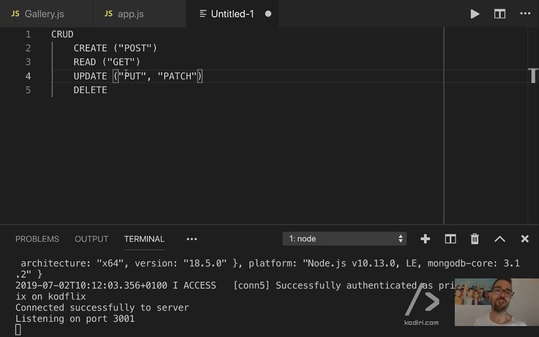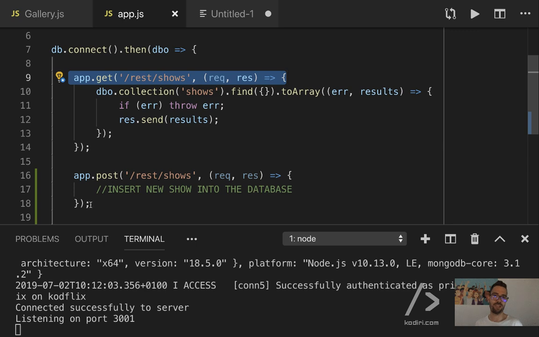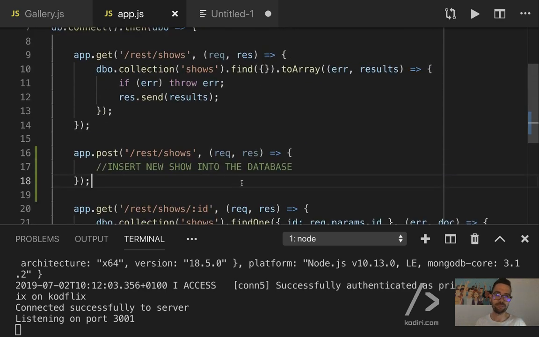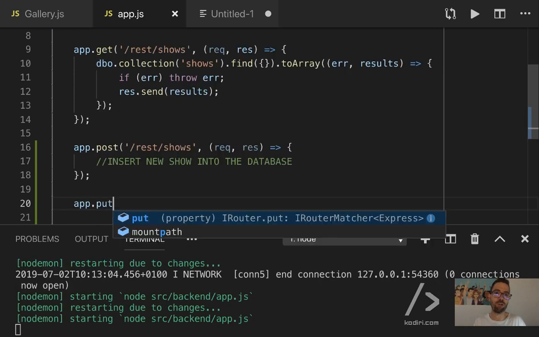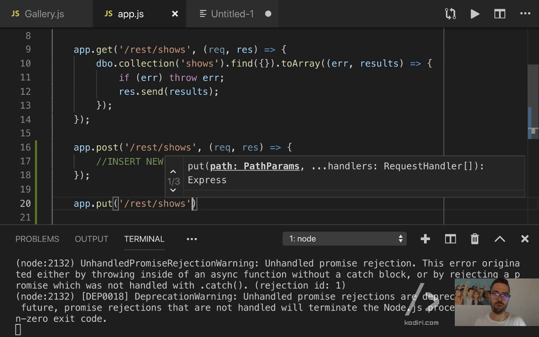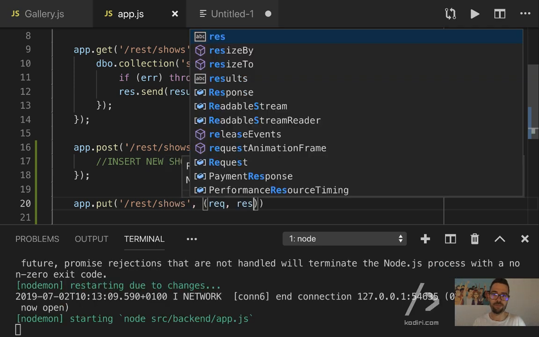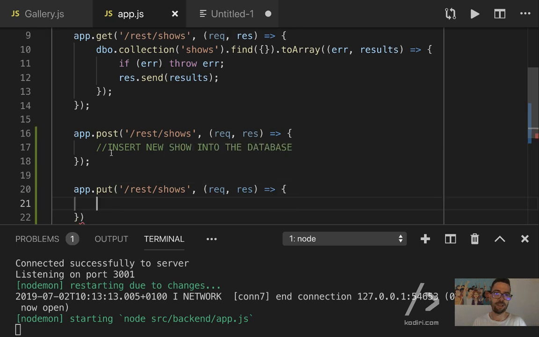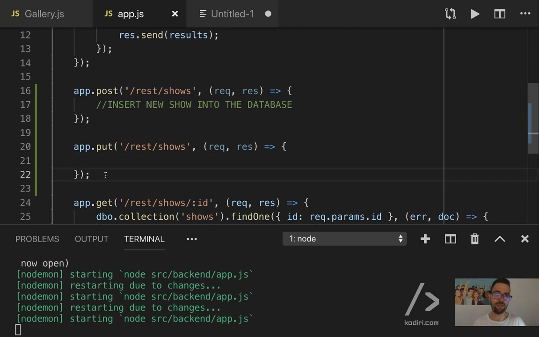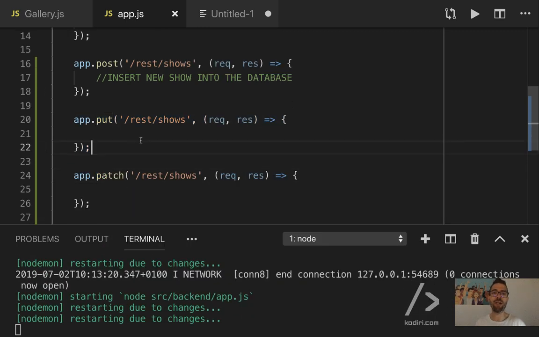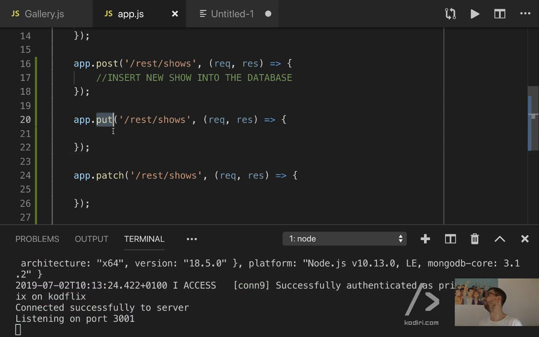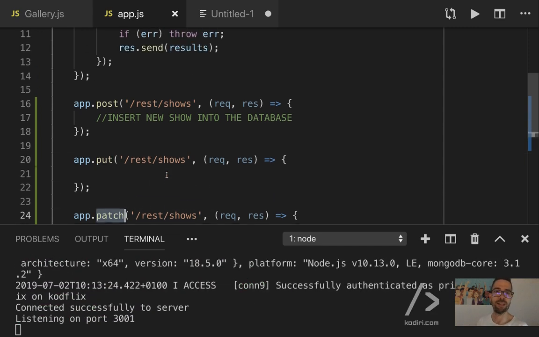So these two actions can edit your content. In other words, in here we can have another endpoint called app.put REST shows, and we can also have app.patch. Before explaining the differences between put and patch, because they are very similar, first of all,